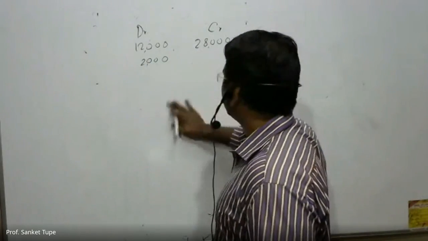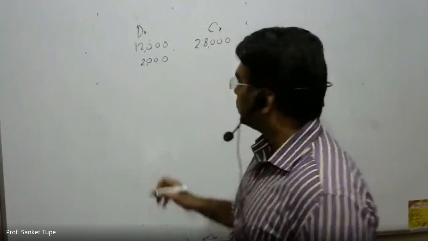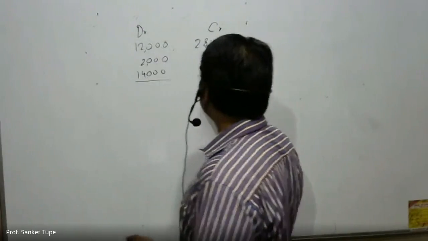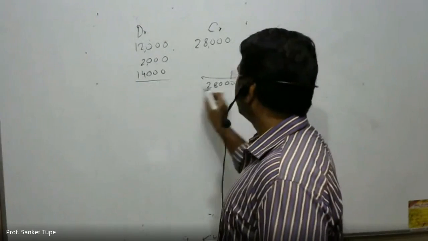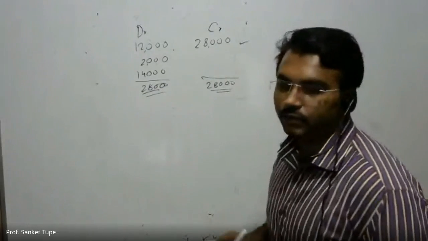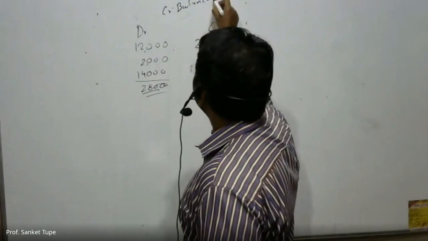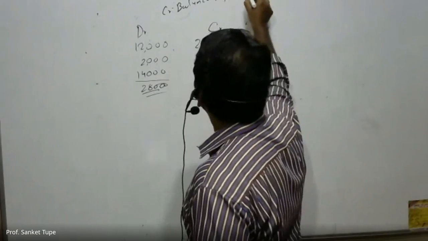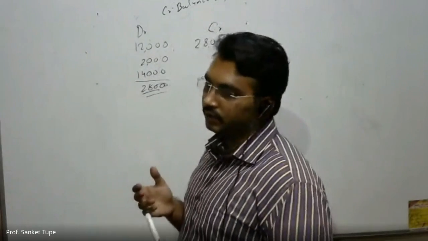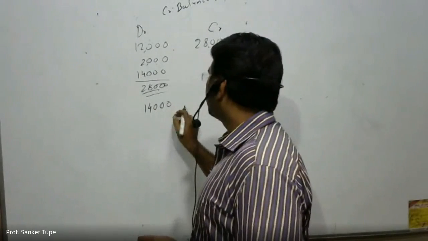28,000 इज द क्रेडिट अमाउंट and debit is 14,000. What is the difference here? It is 14,000. मतलब आपका क्रेडिट ज्यादा है, जब आपका क्रेडिट ज्यादा है तो क्रेडिट बैलेंस, सो इट इज व्हाट, क्रेडिट बैलेंस। एंड क्रेडिट बैलेंस मतलब क्या, रिवैल्यूएशन प्रॉफिट, रिवैल्यूएशन का क्रेडिट बैलेंस मतलब रिवैल्यूएशन का प्रॉफिट। नाउ वी नीड टू जस्ट डिस्ट्रीब्यूट these 14,000 in